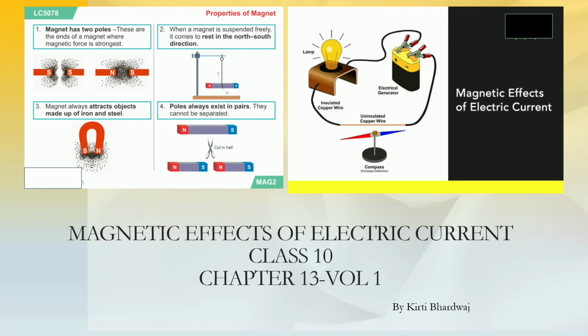It shows that whenever current flows through a conductor, a magnetic field will develop. And in this chapter further, we'll study the pattern of magnetic field around different shapes of conductor, like a straight current carrying conductor, around a loop, around a solenoid, and the applications of that.